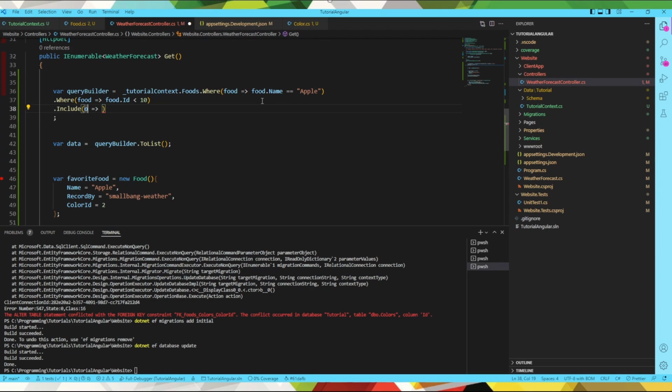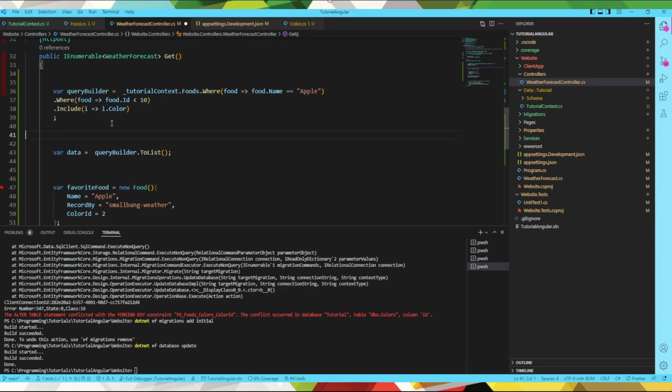And you can see I'm already back to doing O, but let's go ahead and do I for include. And what do we want to include? Well, it's showing us the properties that we have. The only one that's actually a reference is color. And so we want to include color. And what that's saying is, in this particular query, we wanted to go ahead and include the data that ties to the color table and not just have the color ID. So this would be when we write our code,